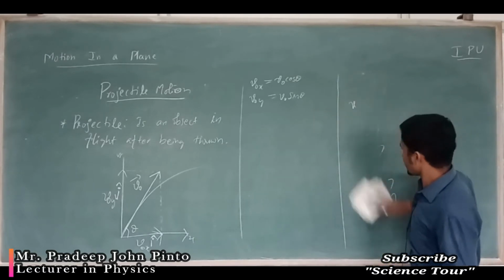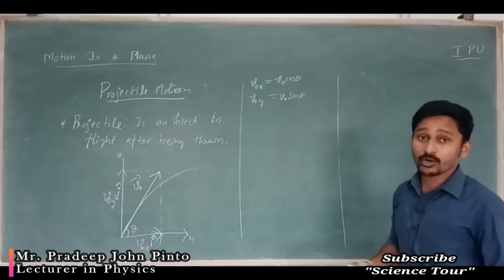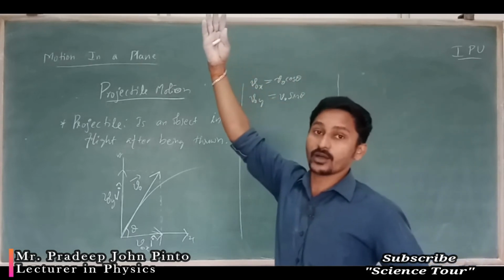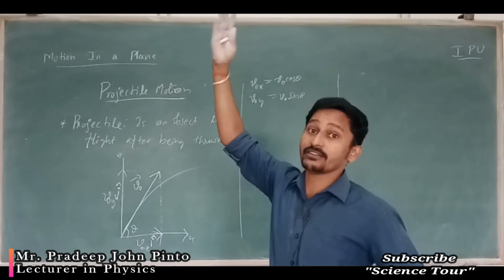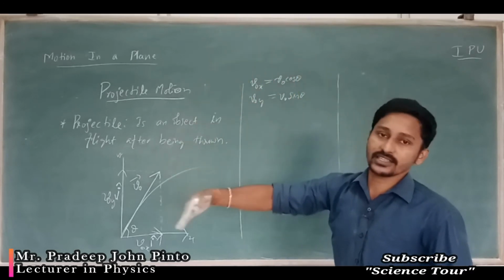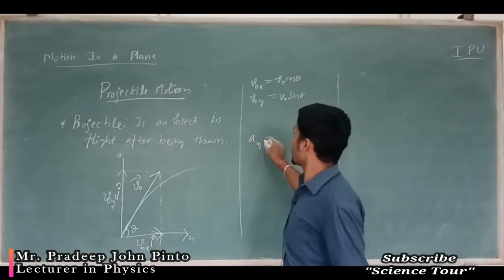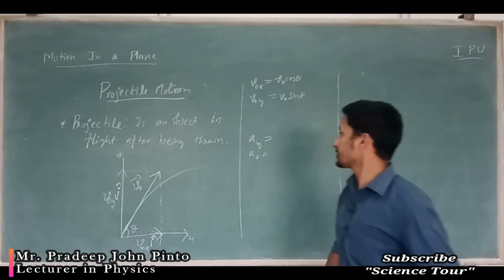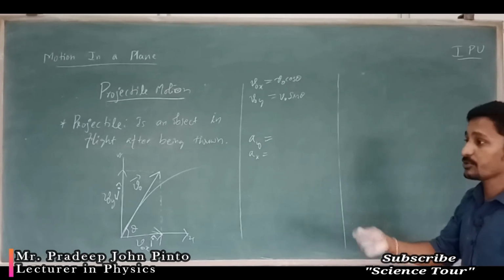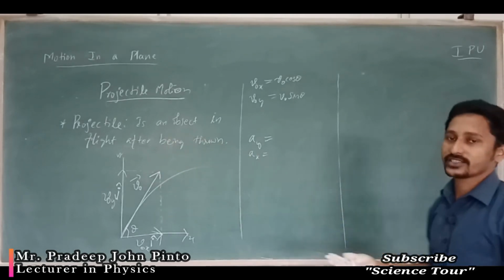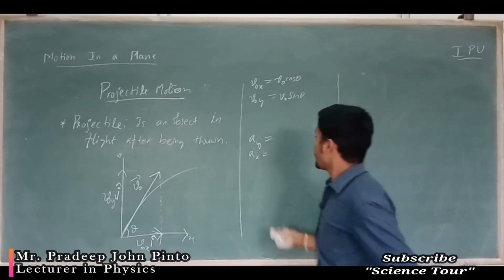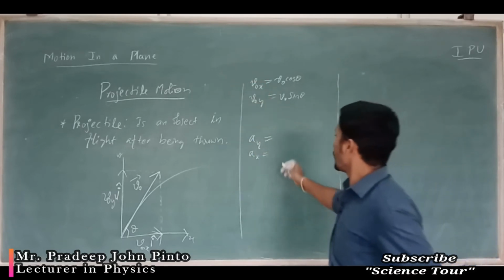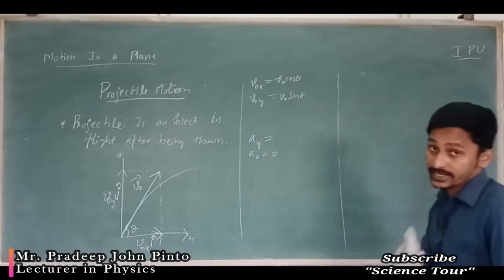Now what we are going to study is an object thrown in a motion in a plane. I am going to throw the object in this way, so it will go upward. Now who is going to stop that object going upward? Gravity is going to stop it, which means acceleration is in this direction, and that becomes ay. But in the case of acceleration ax, who is going to stop it in the x direction? There is no acceleration. So for any object thrown in a plane, the x direction acceleration is 0.